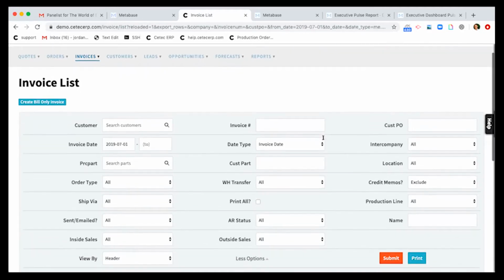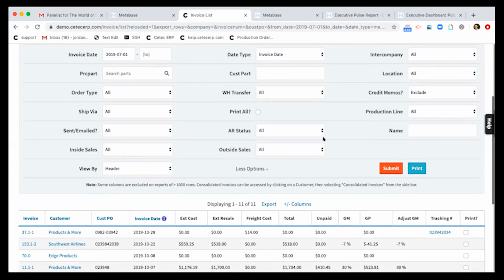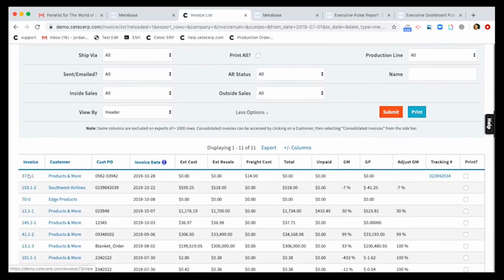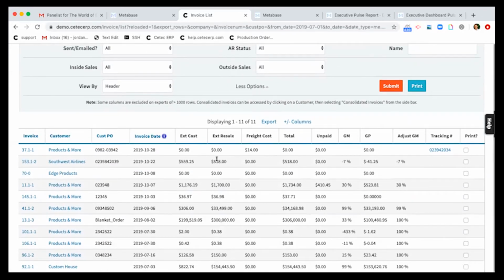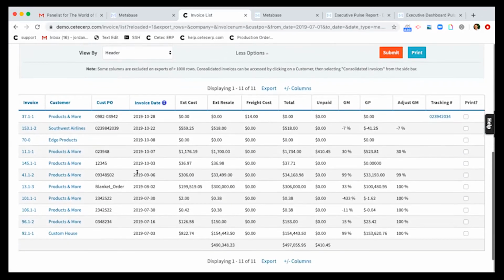So here we are, we have the invoice list, and this is just a list of customer invoices. You can see it's row by row, invoice number by invoice number, and it's listing out all of your sales, all of your shipments, which is great. That's good data. But what if I wanted to summarize all of the dollar amounts here,